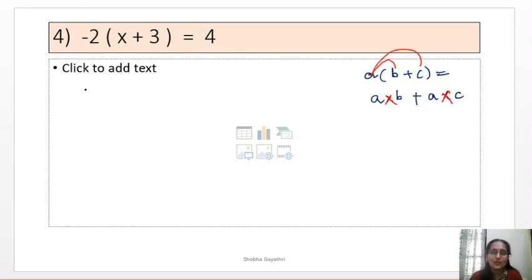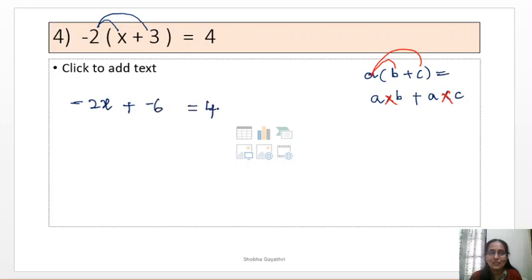We will explore the sum now. Draw the lines if you are confused, but here you have to multiply with a negative number. You know how to multiply with a negative number now. You know all the integer rules; all the integer rules for calculations and operations should be at your fingertips. Now minus 2 is multiplied by x, so it will become minus into plus. It is minus 2x plus, there is a plus operation here, minus 2 into 3 is minus 6, equals 4.